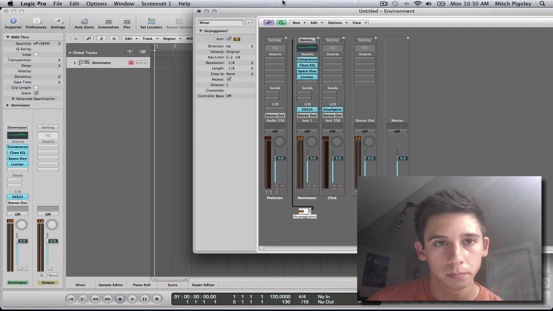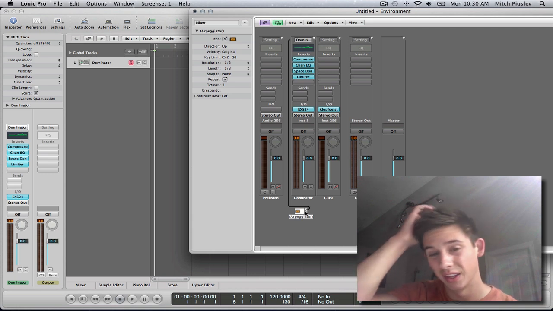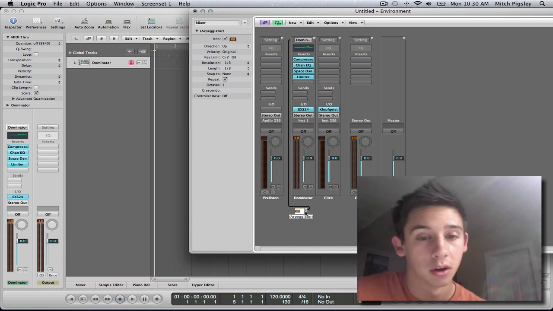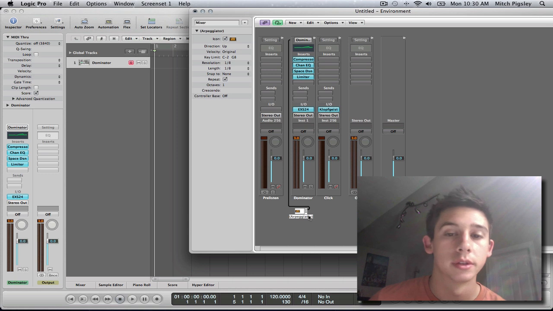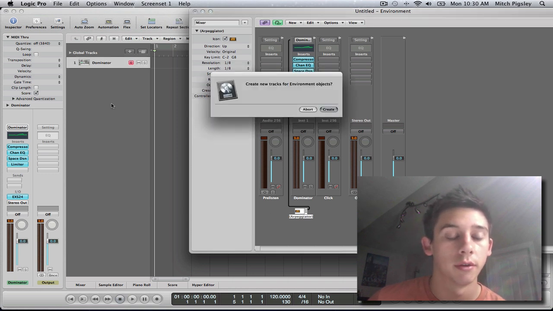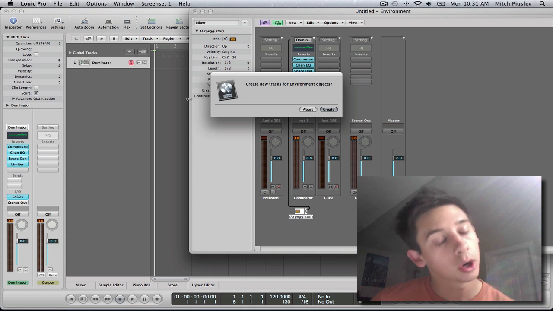What we have to do is make this, I guess you could say, a track in our main window, so that we can edit the arpeggiator and give it some MIDI information to arpeggiate. So the simplest way to do it is to grab this arpeggiator and drag it over here into the left where all your tracks would be, and it says create new tracks for environment objects, question mark,